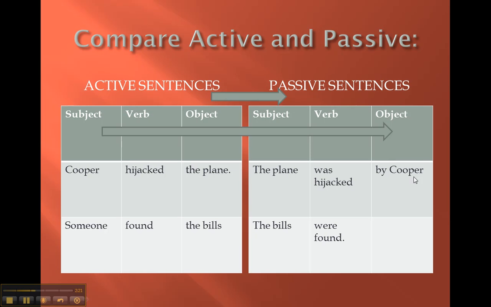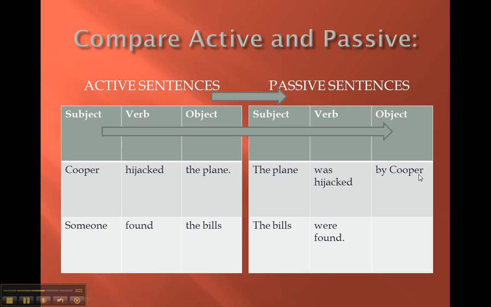And then the old subject may become the object of a preposition at the end, but often, in fact, when you create a passive sentence, there is no object at the end, because a reason for using the passive is that this by is either obvious or I don't want to say, or there's some reason for not saying who actually hijacked